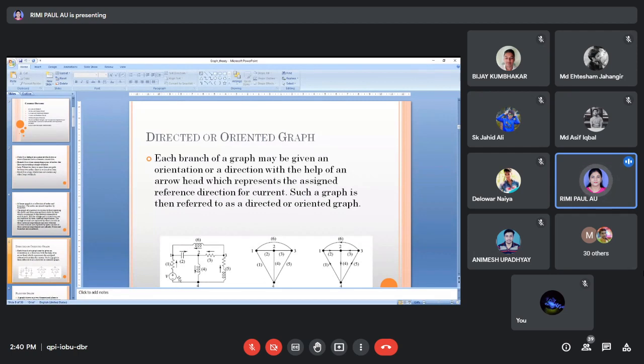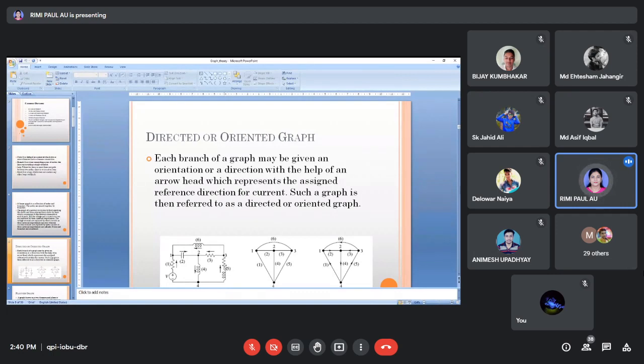And for 1 to 4, whatever is present, as it is a voltage source, we will short circuit. So this is one branch, and two components are present. Then 3 to 4, there is one branch. So between two nodes, we'll take one branch. And now if I give the direction of current, then it will be a directed or oriented graph. So what is a branch? A branch is a line segment representing one network element or a combination of elements, right?